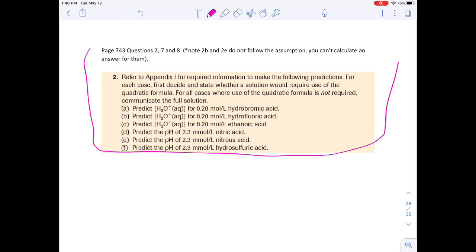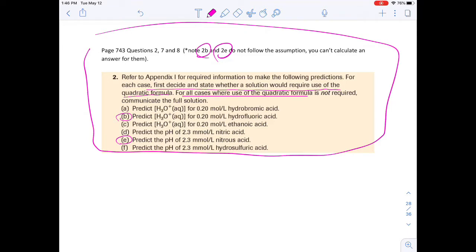Questions here, I want to point out that 2b and 2e cannot be calculated without the quadratic equation. So when we look at this, it says, for each case, decide and state whether a solution would require the use of the quadratic formula. For all cases where the use of the quadratic formula is not required, communicate the full solution. So I'm going to get you to pause the video and try a few of these,